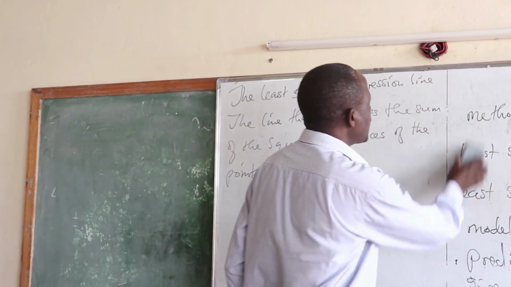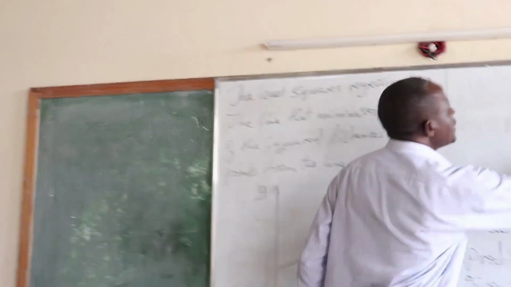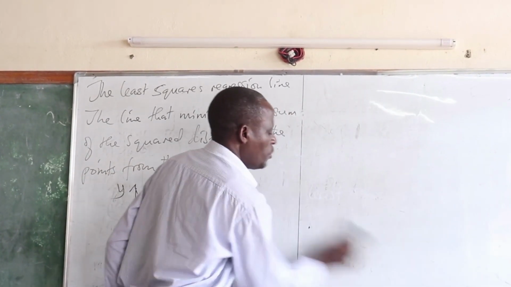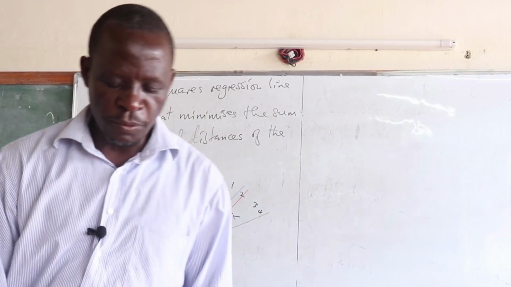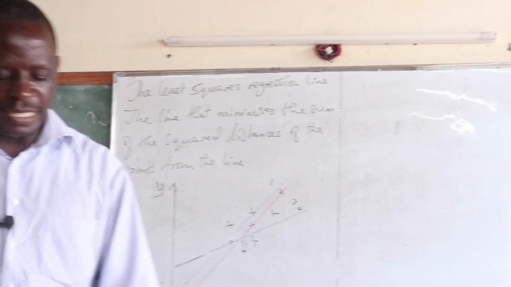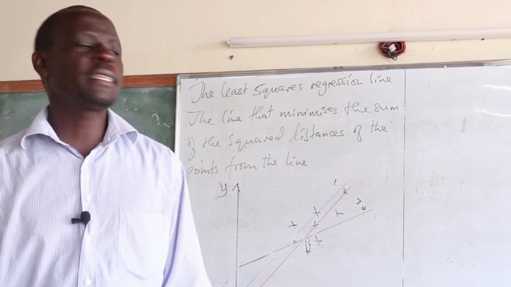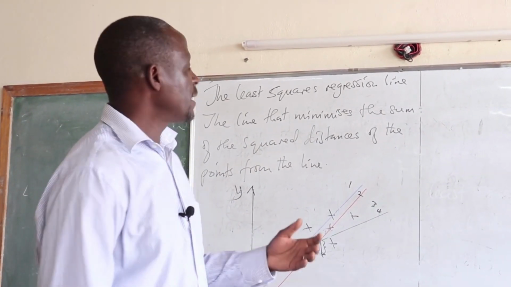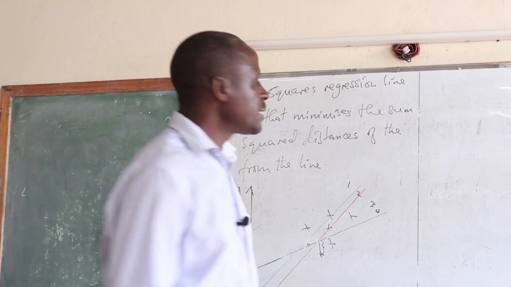Now we move on to look at the types of the linear relationship. There are basically three types of linear relationship. One of the types of the relationship is the